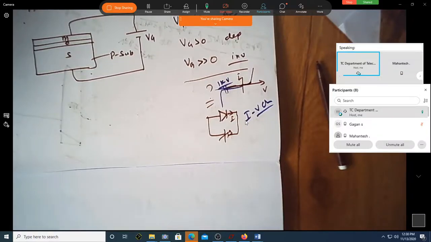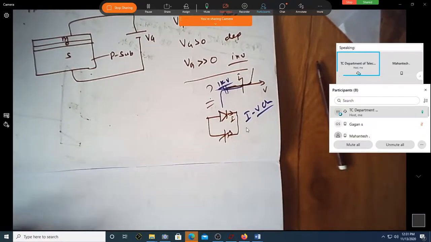The first letter is always the dependent parameter, and the second one is the independent. You are applying an independent voltage and trying to see how the current depends on that applied voltage. So this is dependent, this is independent. That's why it is called IV characteristics. You are trying to find out how the current varies with the applied voltage. The voltage can be either positive or negative. So this is what IV characteristics is.